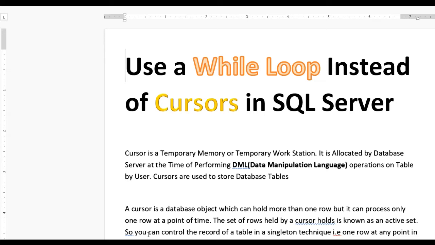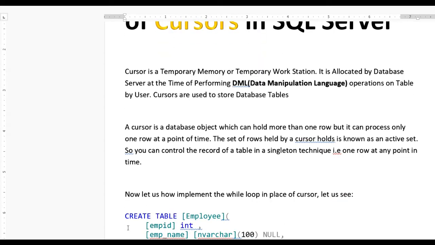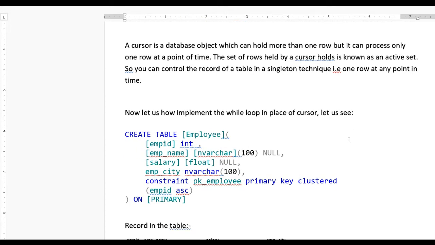Now here our aim and purpose is the implementation of while loop instead of cursors, which is also faster than cursors. So let us see. Now let us implement the while loop in place of cursor.